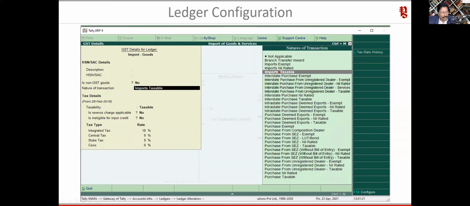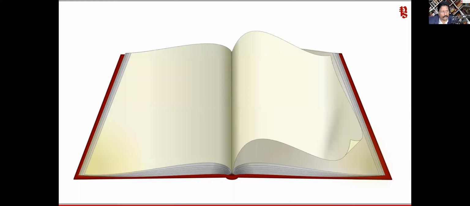I'm saying import taxable, and I'm going to take this. If it is import exempted and other options, you get all of those. This nature of transaction is very important. This is what gives you the correct information in your table in your GST return. So I'm going to say taxable and specify this. Now when Tally applies this in my journal entry, it will see the rate that is in my ledger. We saw the way the rate is calculated. So you can specify this if you want to do it as an individual thing.